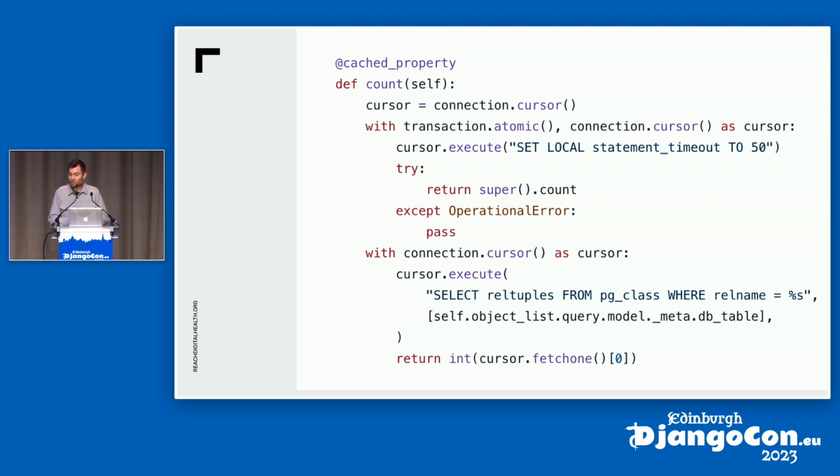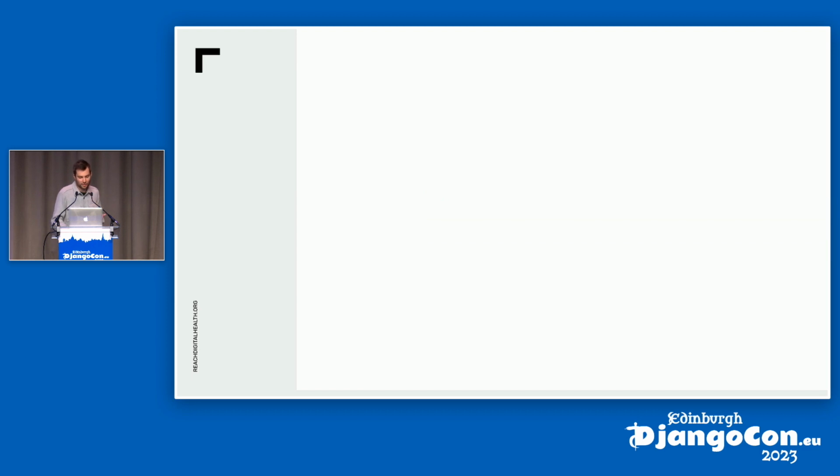Next, I'm going to talk about how we designed the API with Django REST framework. Now, we can't return all the results in a single request. That would be a massive request, take forever. We don't want that. What we want to do is have some sort of pagination, return a page of results and a way to get the other pages of results.